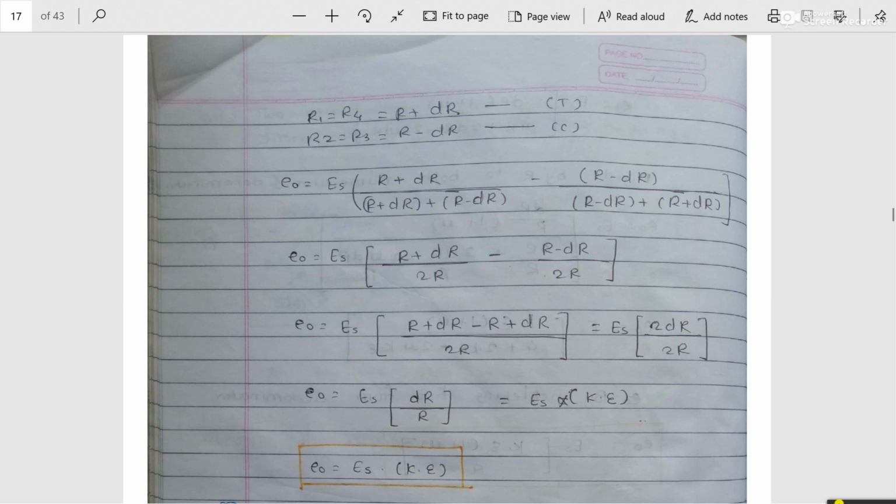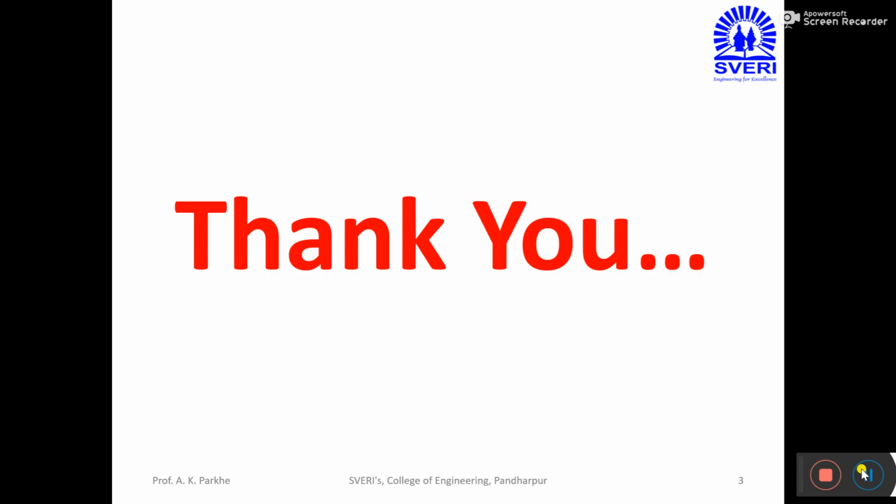So this is about the configurations of the two arm sensitive bridge circuit and the four arm sensitive bridge circuit. This is part number 3 of chapter number 6, in which we have discussed the two arm sensitive bridge circuit and the four arm sensitive bridge circuit, in which all the strain gauges are linear strain gauges. Now in part number 4 we'll discuss the same configurations, but where the strain gauges are linear and lateral, and how the output of that bridge circuit will change, that we'll see in the next part of this chapter, that is in part number 4.